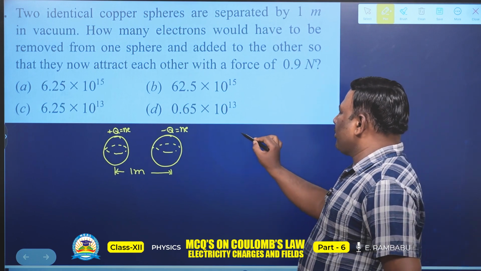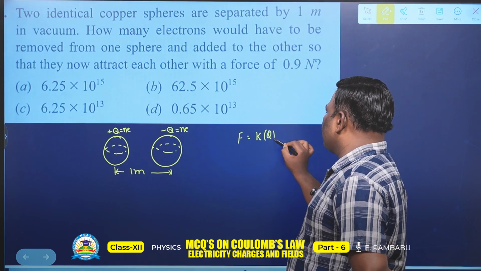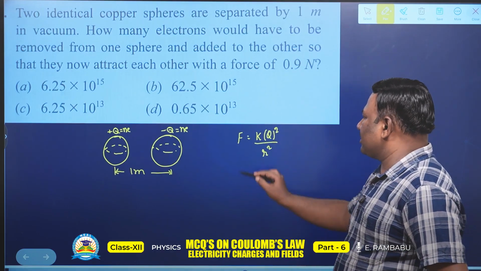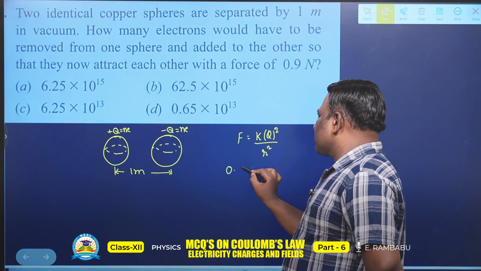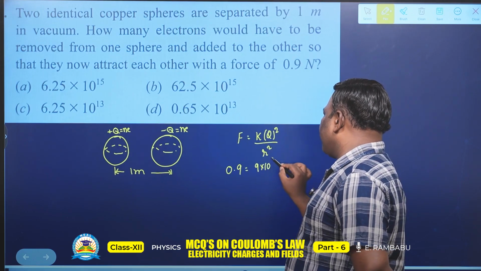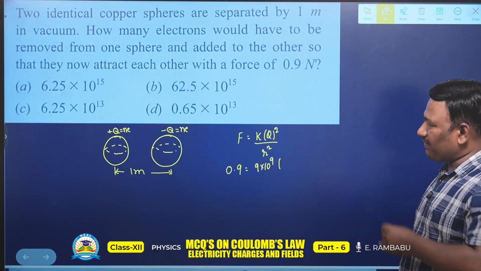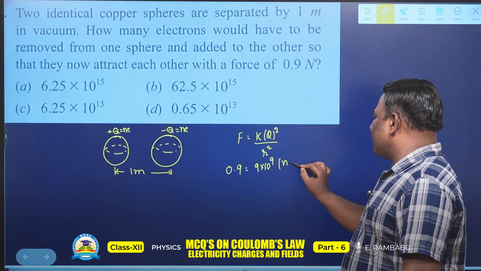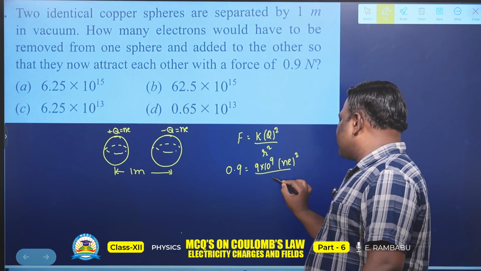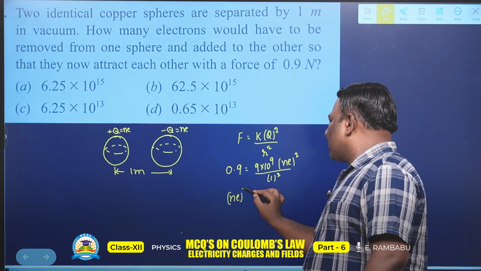Simple concept, I am going to use Coulomb's law. Coulomb's law is K into Q1 into Q2, that is Q square by r square. Substituting values, force is given as 0.9 newtons, K value is 9 into 10 to the power 9, but they are asking the number of electrons. For number of electrons, Q can be written as Ne. So this is the simple concept. Divided by distance, distance is 1 square. So finally Ne whole square is equal to